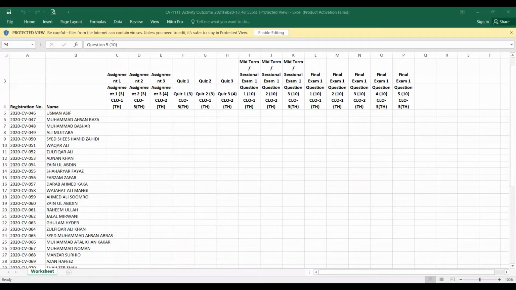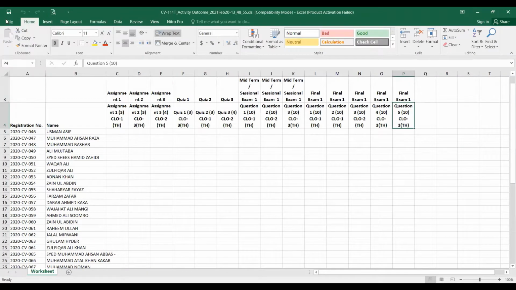Then I have to click on hide floating metric control, and then click on enable editing.